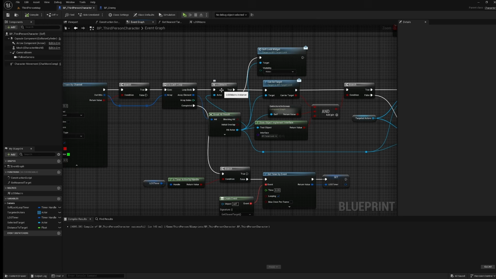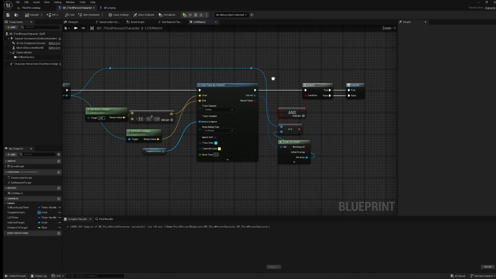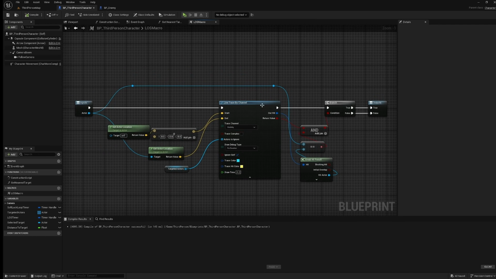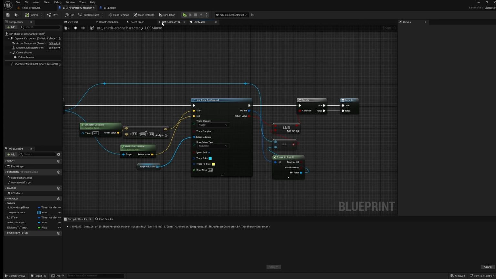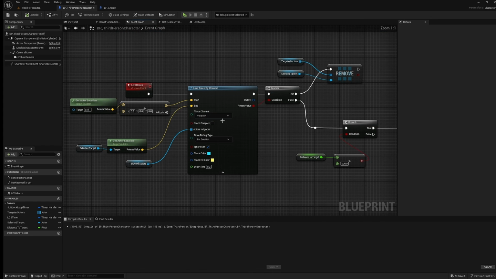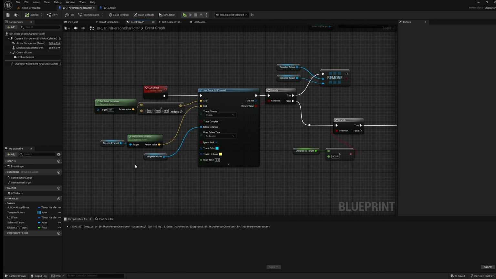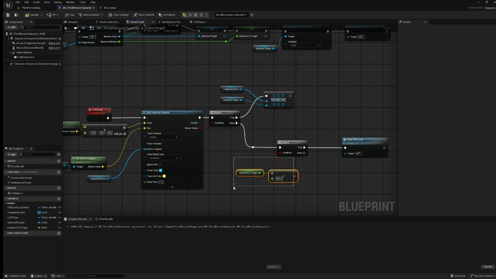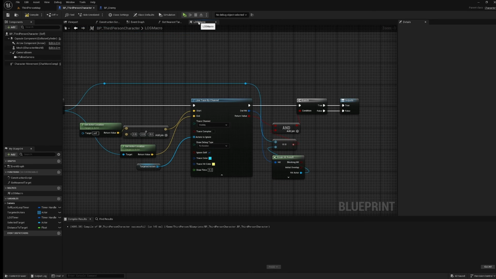So let's double check our line of sight macro here for a second. This functions exactly the same to the event that we just made. So that makes this redundant. So this is only really good to see whether or not our distance is further away than what we want it to be. But if we go back into the macro